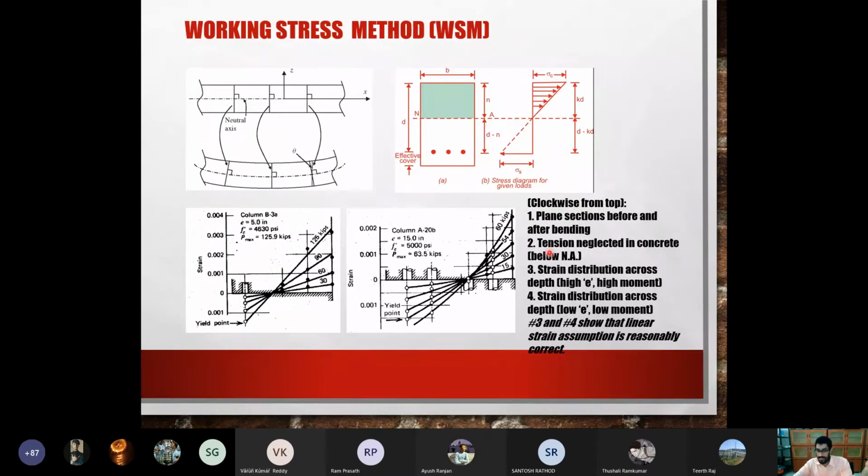Now, we also know that concrete does not take tension very well. It's pretty poor in taking tension. So in the working stress method, if you have a concrete beam, just assume that it has breadth B and depth D. I'll come later to the meaning of the effective cover. Usually your reinforcement, a conceptual question that I'll ask you now is,